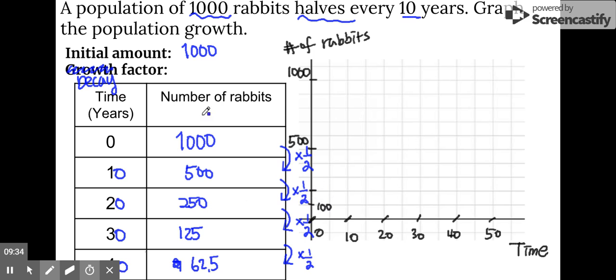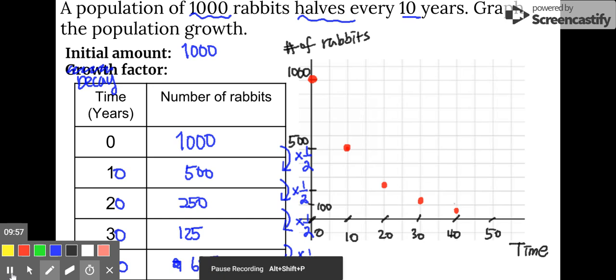When x is 0, y is 1,000. When x is 10, y is 500. When x is 20, it's 250. When x is 30, it's 125. And when x is 40, it's 62.5. So the equation is going to be